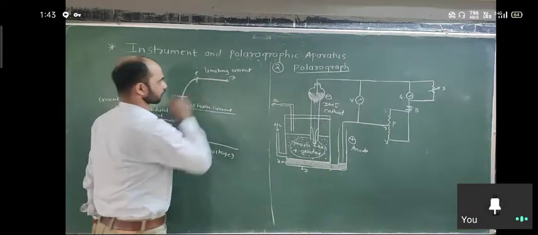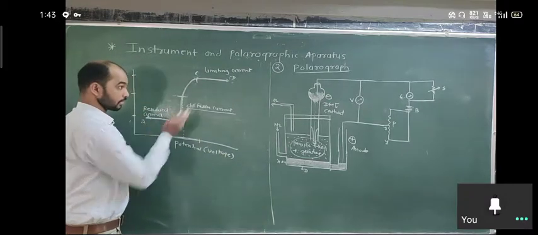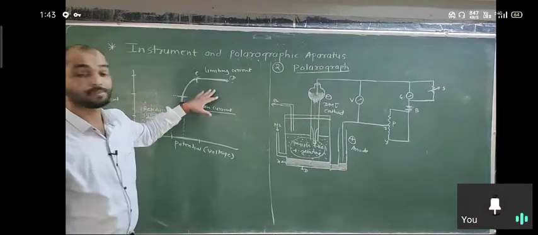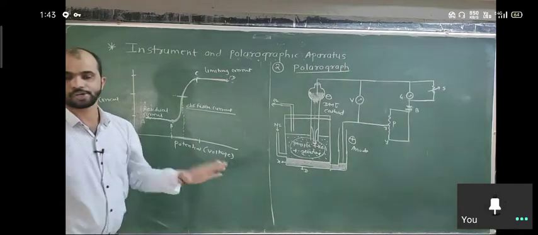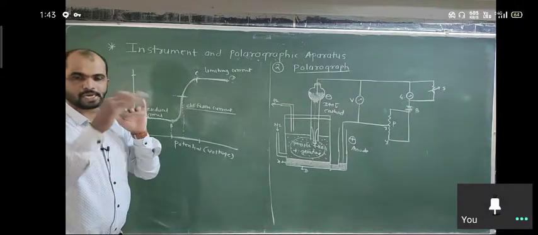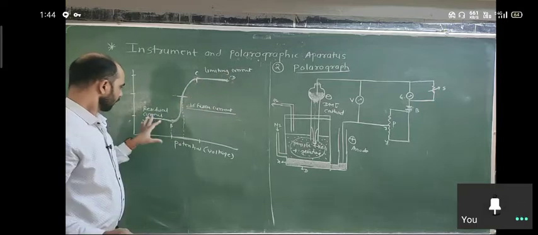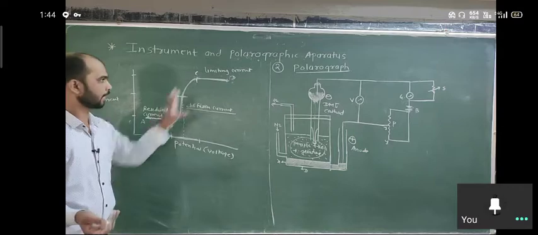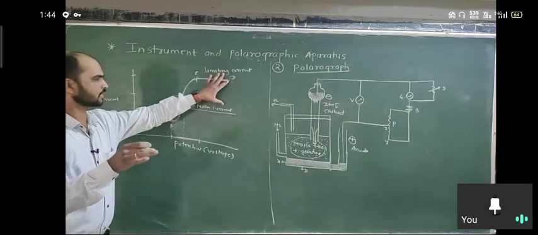Here again the current is constant when potential increases. The current is constant when potential increases, but it is the highest, there is no change. That means it is a limiting current. This current is available but it is not useful. The current is there, potential increases, and current remains constant. That means our experiment is over, the reduction is over, so it is a limiting current. Residual current is available but not useful. Here it is not useful, because it is just a limiting current.